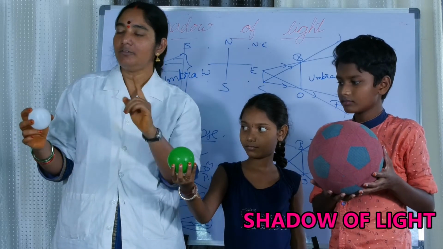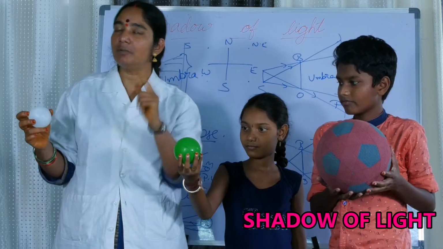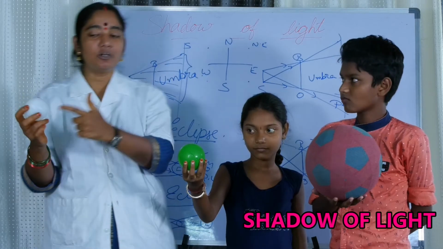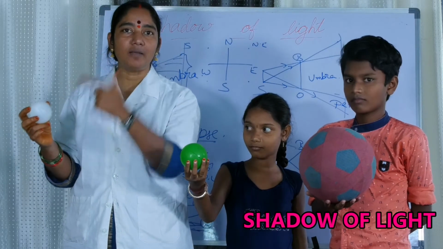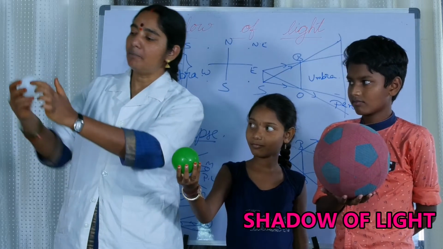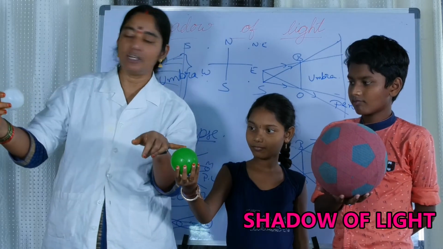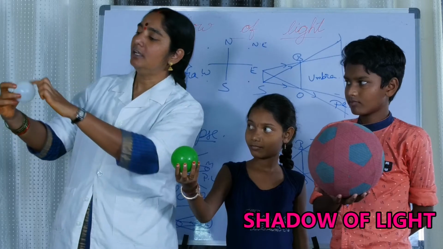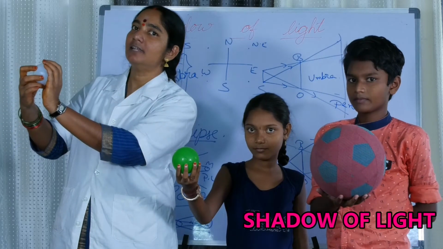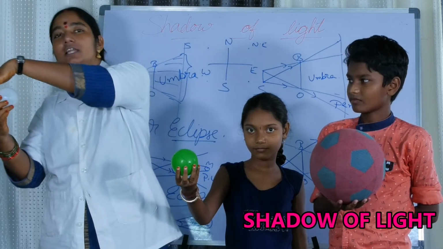On a full moon day, observe the sun is setting in the west and the moon is rising in the east position. Observe the position. The sunlight is completely falling on the moon, and you are standing here. You are able to see the illuminated part of the face. This part is getting light and this part is not getting light.